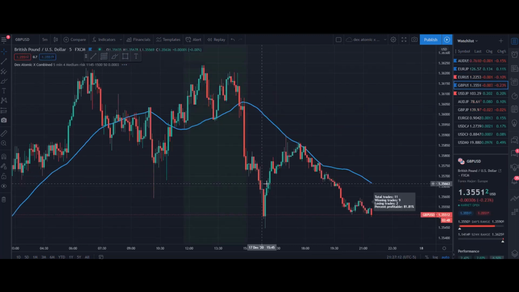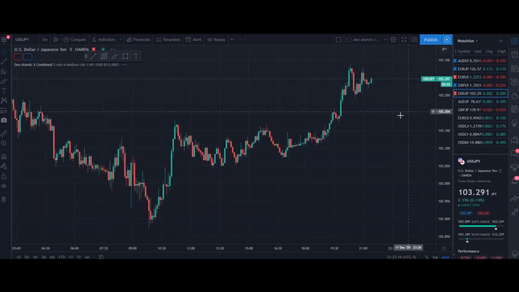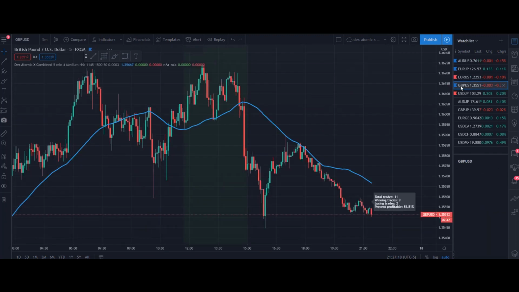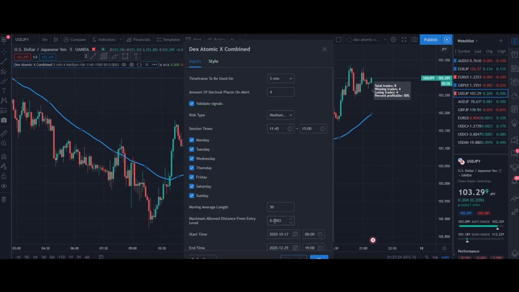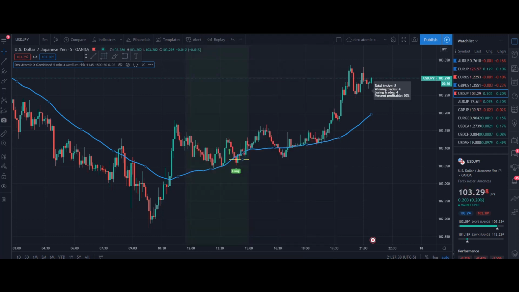Great Britain Pound USD. 81% success rate. USD JPY. Oh, we can't do USD JPY yet. We can. How do you do it? You come in, change this over. Instead of 4 back, you only go 1, 2. And hit OK. There you go. Jumps up. 2 months, 14 trades, 10 to 4. This doesn't seem like it's a lot, but if you're using a Zeton and you're trading this all the time, or if you're trading this manually,